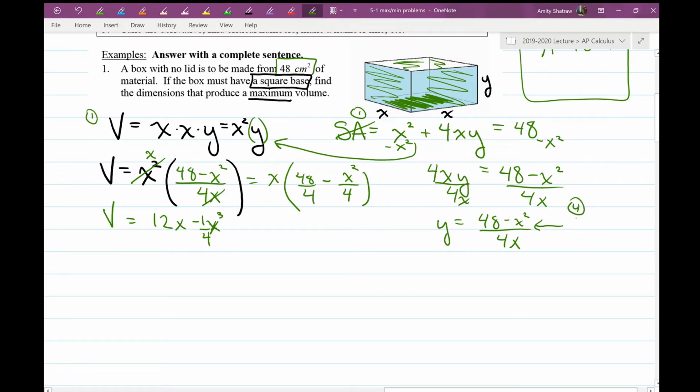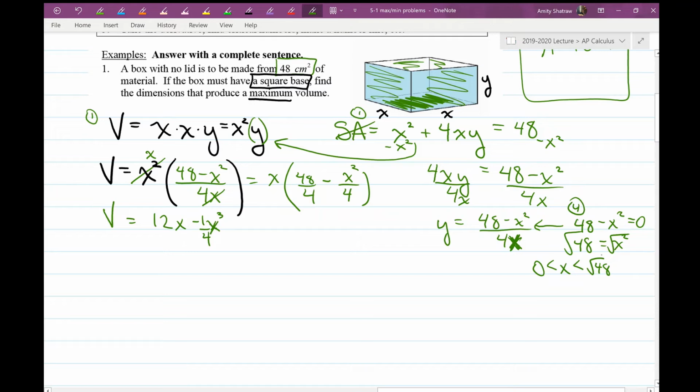If I look at the top of this equation, if I have 48 minus x squared equals 0, then I can find the zeros of this function, or find the maximum value that x could possibly be. So 48 equals x squared, and I take the square root of both sides. The domain is restricted to starting at 0, not exactly equaling 0, because if x was 0, this part would be troublesome. And then here, the square root of 48 is the